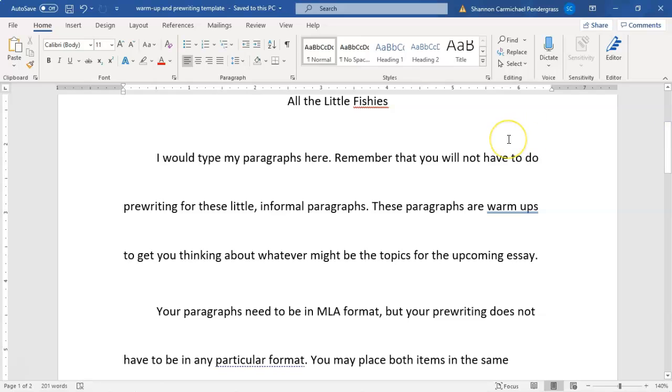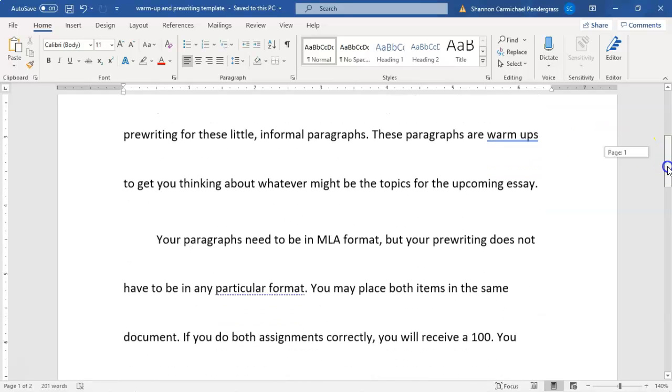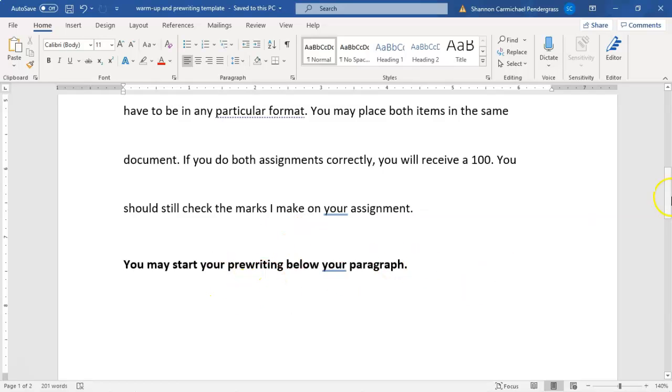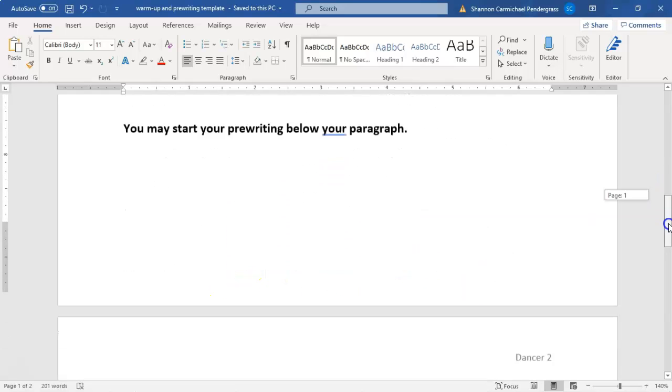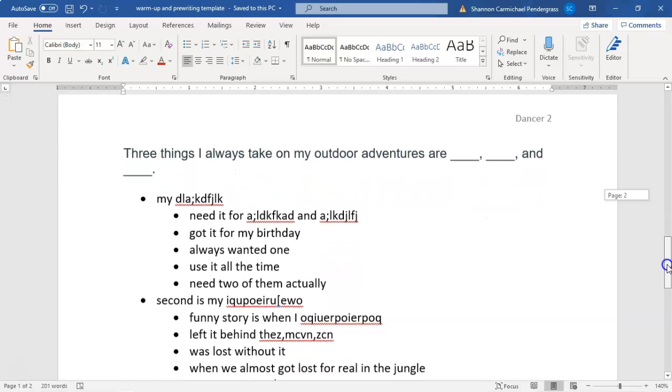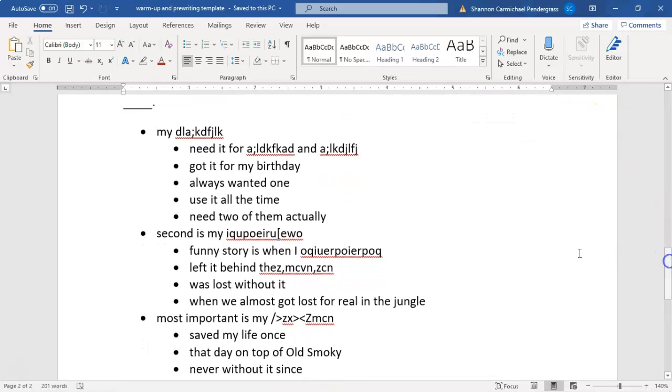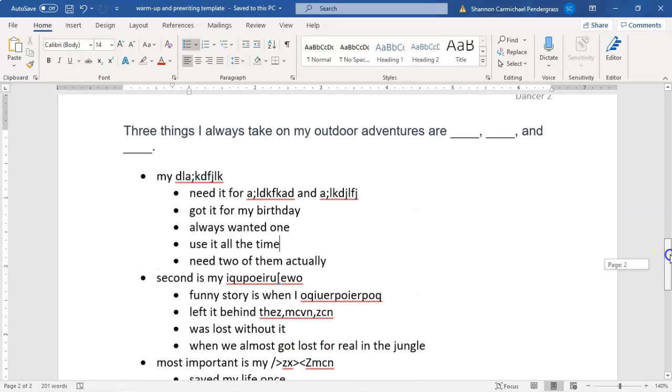Okay, so whenever you're doing your 2 little paragraphs, you can do your 2 paragraphs here on the top, and then you can start your pre-writing right below your paragraph. So I'll just pop the thesis statement up there, and I'll show you in a second where the thesis statements are. I'll talk about those a little. And I didn't want to give anything away, so that's why I put these nonsense words in here. But this is what your pre-writing can look like.